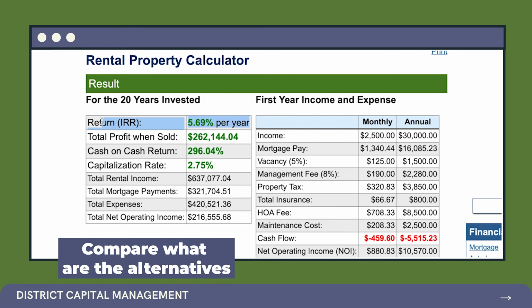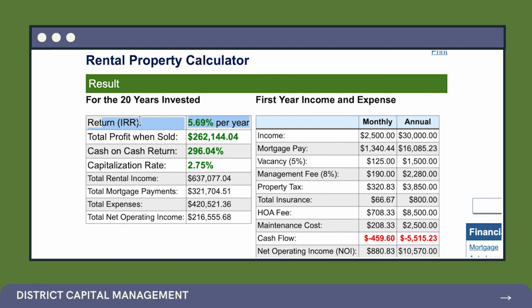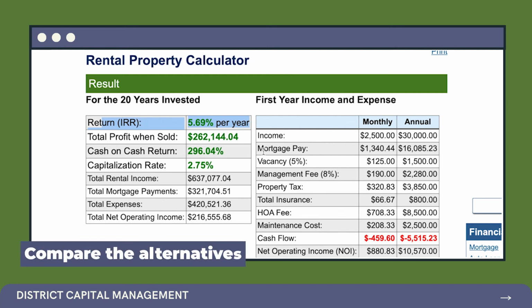But you might think about, oh, maybe I want an investment that is not very volatile, and that's gonna add some diversification to my investment portfolio. So it's really up to you, but you wanna just compare what is the alternative and whether or not it's worth your time. One last thing that I wanna point out in the results of our rental property ROI is